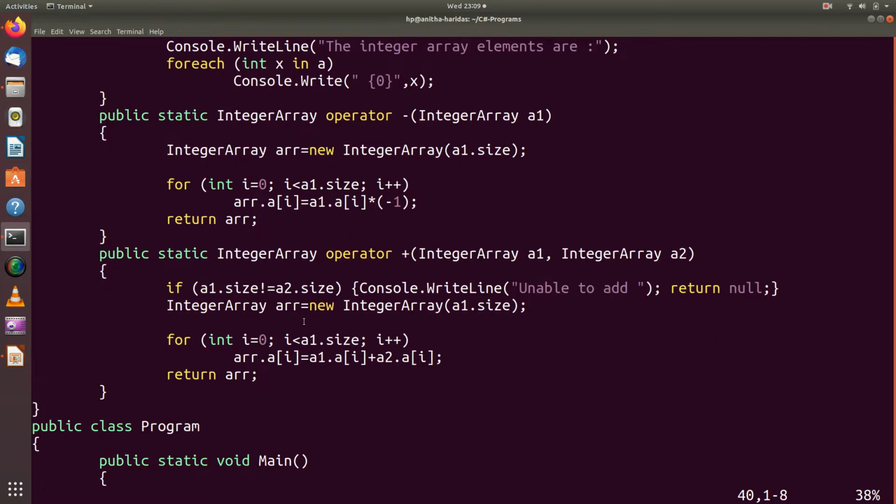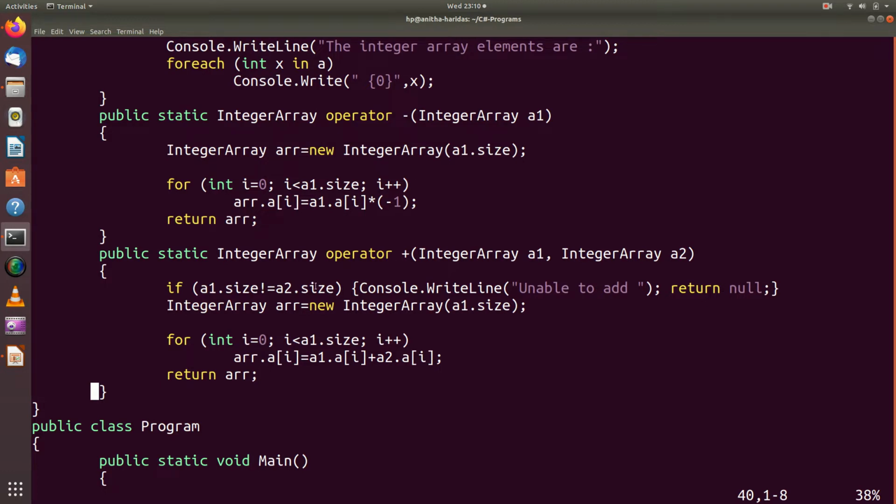In the same way, for the binary operator plus, I am passing two array objects A1 and A2. Then you check whether the sizes of these two arrays are equal. If they are not equal, you return saying that it is unable to add, and it returns a null value.